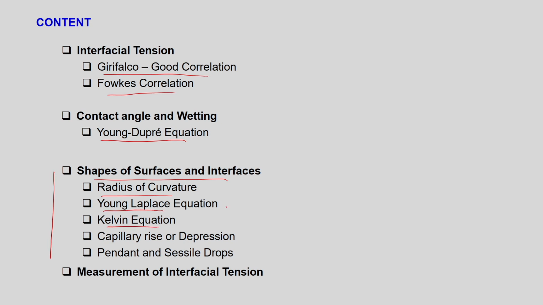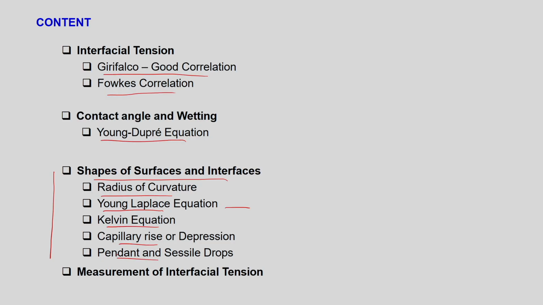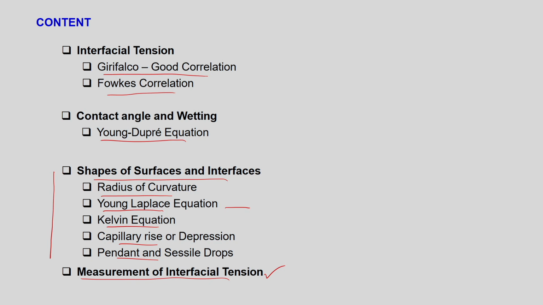For example, with the Young-Laplace equation we will study something like: what is the pressure inside a bubble, if it is in a liquid or if it is in a gas. Then the Kelvin equation: what is the saturated vapor pressure for a liquid inside a pore or inside a capillary, and how does it vary with respect to the meniscus. All these will be taught next. In the measurement of interfacial tension, we will also describe another instrument in the later part of the lecture. It is called the spinning drop tensiometer, for liquid-liquid interfacial tension. Okay, so we will start.